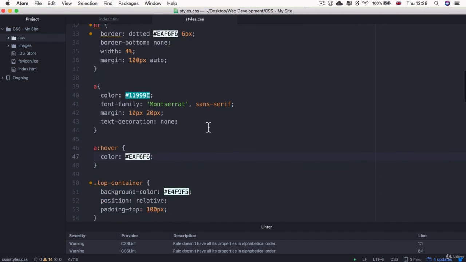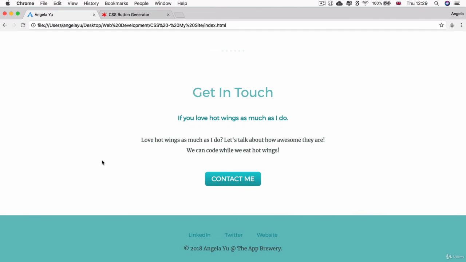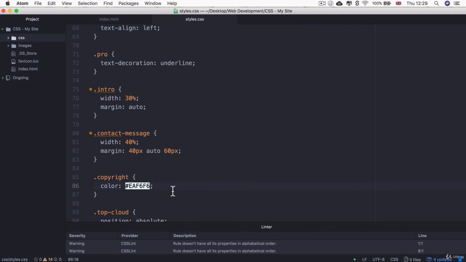So let's go into our styles.css, find the part where we had the text, and let's go ahead and select the copyright message and change its color to the same as we had for our anchor tag rollover state, which is EAEAF6. Hit refresh, you can see it's now this lovely light white color,